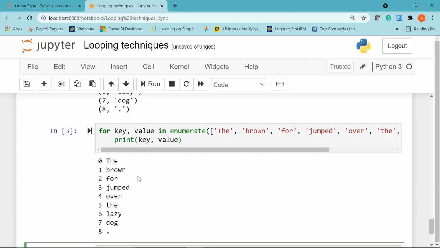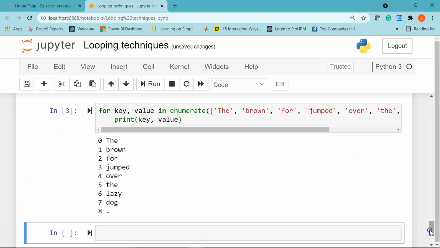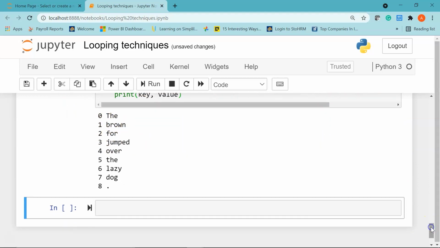Let me show you the result. You can see here this time it is no more a tuple, and here we have the indices and then we have the items. So basically these indices have now become the keys and the items are the values. Okay.